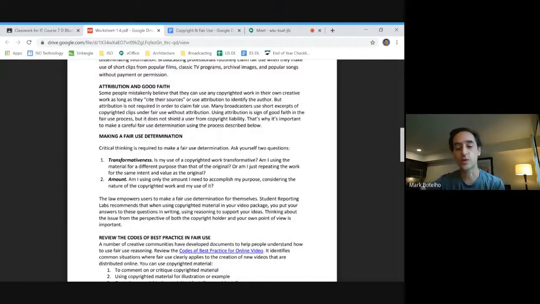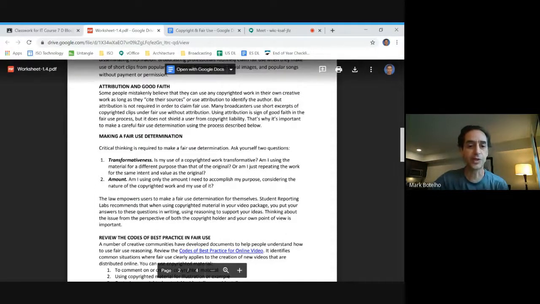And fair use is basically built upon the concept of good faith, where people who are reusing other people's work, their intent is really to do good. It's not to steal. It's not to take money away from the people or to steal the ideas of someone else to make something else. It's more about you're using it as a stepping stone in your own work of something that you were creating, a news story, for example, in our case.